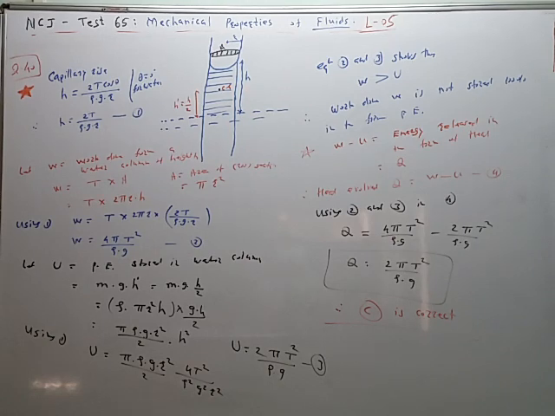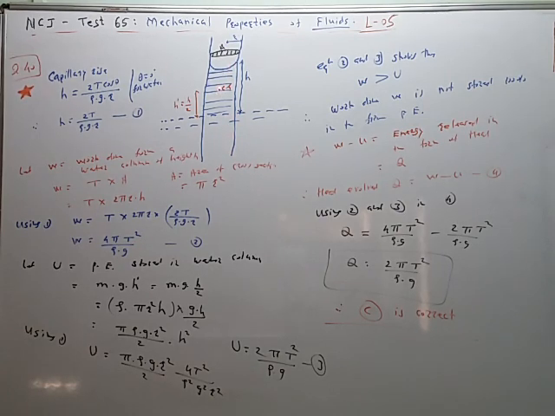height h. म्हणजे आपल्याला ह्या वॉटर कॉलमचा सरफेस एरिया पाहिजे. So 2 pi r h is the formula. Area of cross section is equal to pi r square, but in this case we will use this formula. आपल्याला ह्या वॉटर कॉलमची हाईट पाहिजे, हा फॉर्म्युला यूज केला नाही तरी चालेल. So T multiplied by 2 pi r and h is substituted from equation 1. So W is equal to this. This much work is done to form the water column.